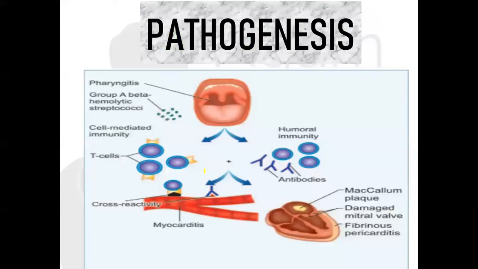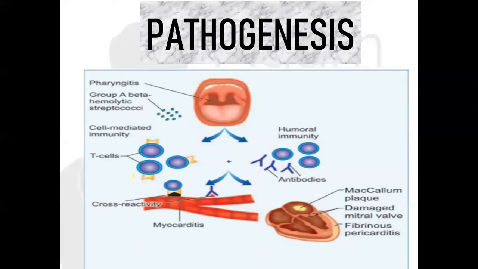Okay, so now we will move on to pathogenesis, very important part. If you take this pathogenesis, see, we will have two entities to be discussed. One is based on type 2 hypersensitivity reaction. Another one is based on type 4 hypersensitivity reaction. I hope you all know type 2 hypersensitivity is going to be antibody mediated. Type 4 is going to be more of T lymphocyte mediated. That is what we are going to discuss.